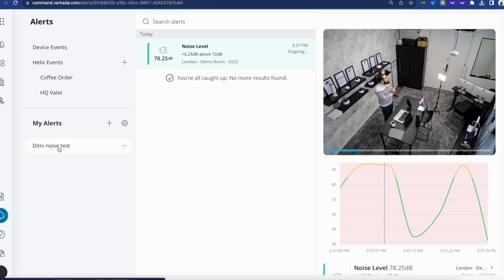As you can see, I clap my hands a few times. An alert has been generated automatically, so I didn't need to refresh the page, and I already got an email and a push notification. So very easy to set up, and not just for sensors, but also for cameras, access controls, and alarms. They will be the same